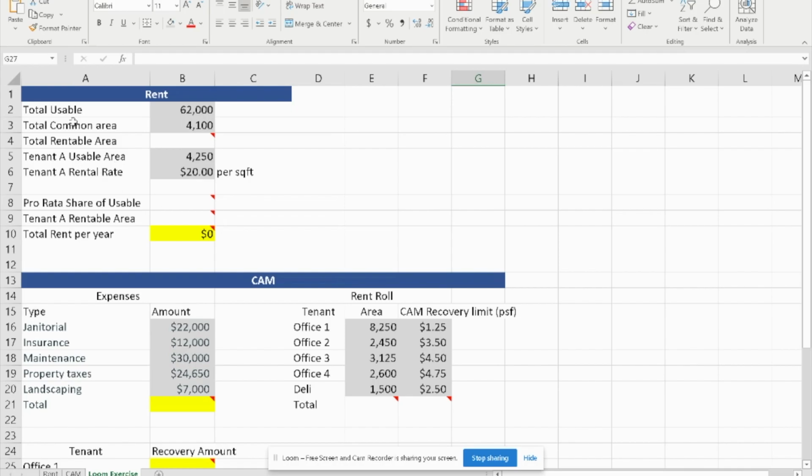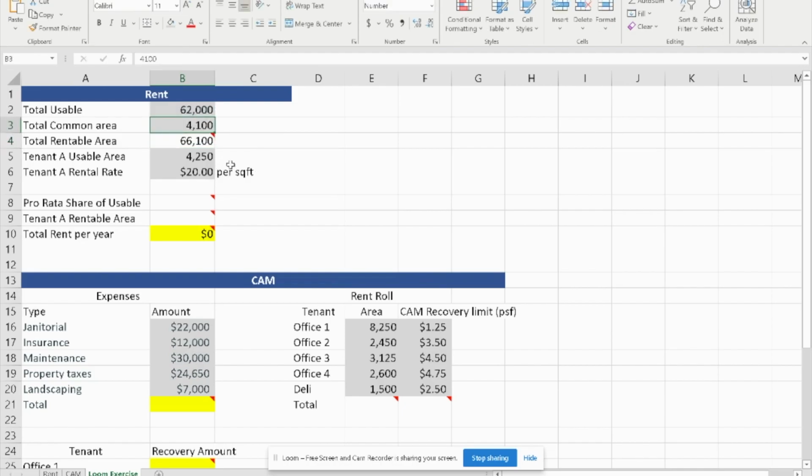In this exercise, we were given the total usable space, which is 62,000 square feet, and the total common area, which is 4,100 square feet. You're going to calculate the total rentable area. You're also given the usable area for tenant A, as well as the rental rate for tenant A. We're going to calculate the pro rata share of the usable space, as well as tenant A rentable area. And then lastly, we're going to calculate the total rent per year. To begin, we're going to simply calculate the total rentable area, which is simply the sum of the total usable and the common area. You should get